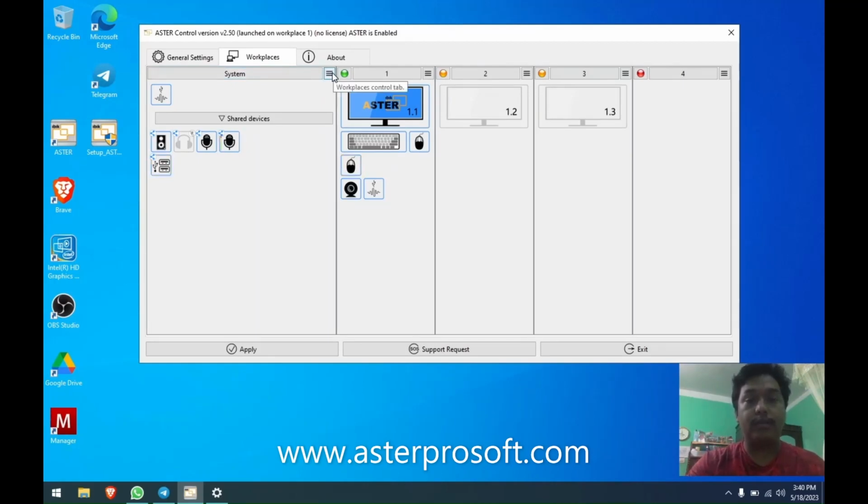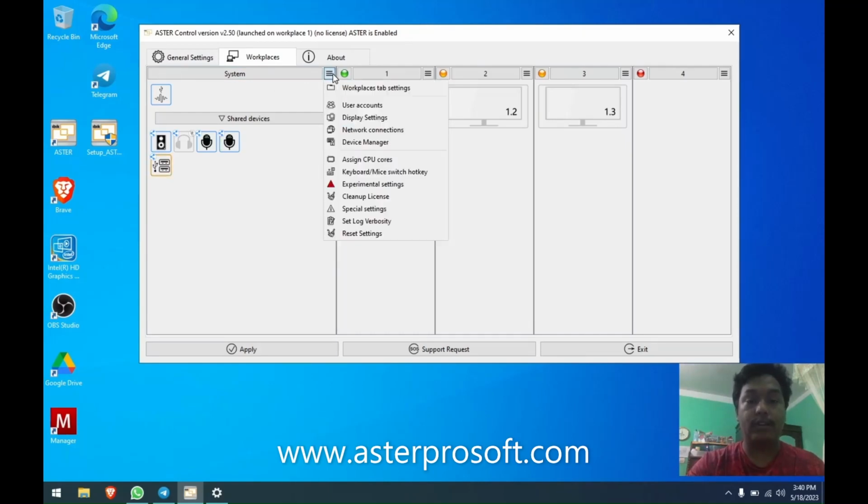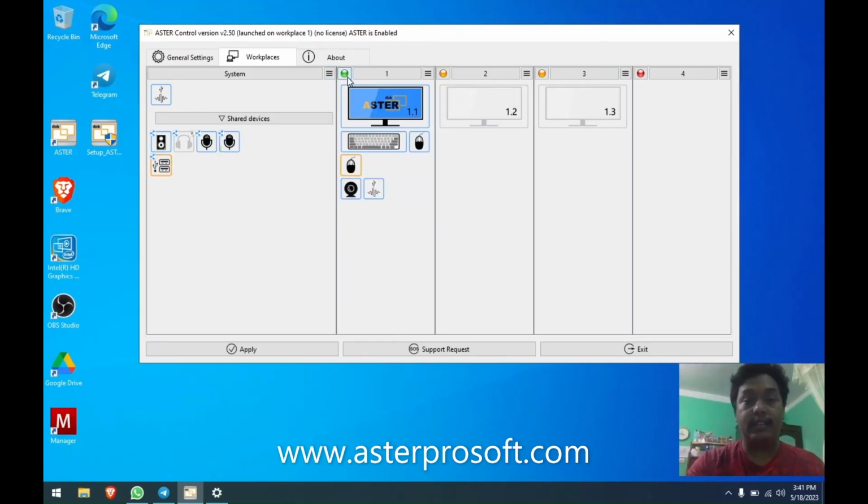most of the options that were available on right click on system image have been changed to this hamburger button, and much like before, the options are the same, just the icons have been changed to modern. The icons have been modernized. Similarly, on the workplaces side, if you click on the name of the workplace, then you'll be able to edit the name. Let me change it to something different. My name. Okay, so